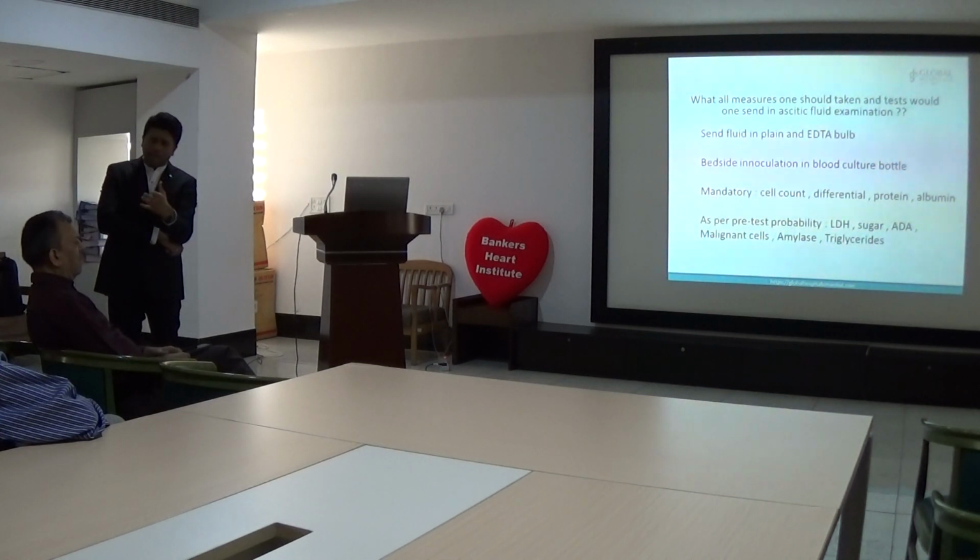Let's say we tapped a chylous ascites or a white ascites. We suspect the triglyceride levels can be more than 200. If we are having a lot of abdominal pain and we suspect underlying pancreatitis, we can have pancreatic ascites. The amylase levels would be more than 1000.